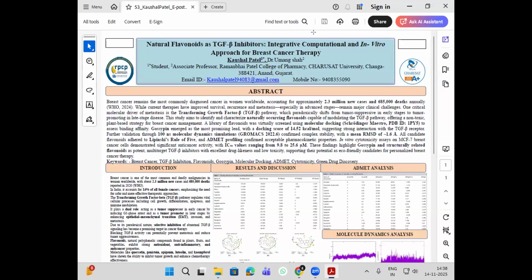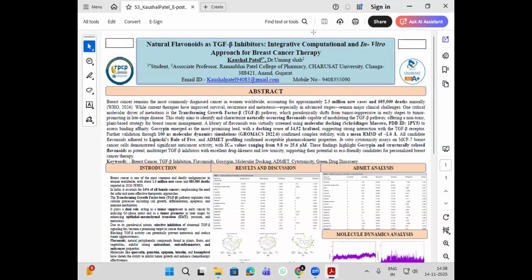Basically, having a dual nature, in the initial stage this TGF beta works as a tumor suppressor protein, but in the later stage, due to changes in morphology and functionality, it converts into a tumor-promoting protein, and they will start producing breast cancer. So, due to the paradoxical nature of the TGF beta target, we require a selective inhibitor for TGF beta, so we can inhibit that signaling pathway and reduce the chances of occurrence of breast cancer.